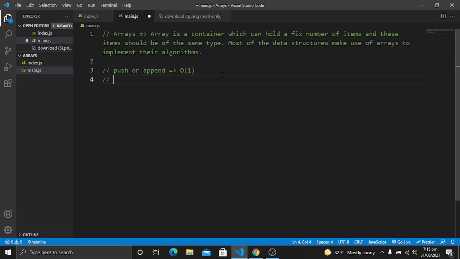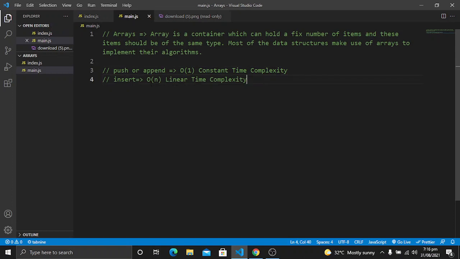The next step is going to be insert. Insert has linear time complexity, which will be O of n, which says linear time complexity, and the upper one is going to be constant time complexity.